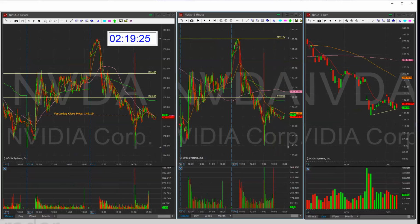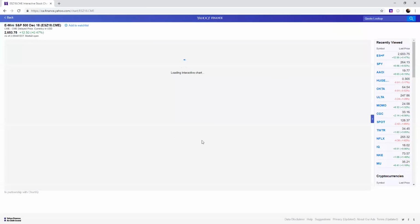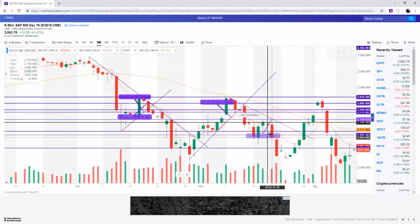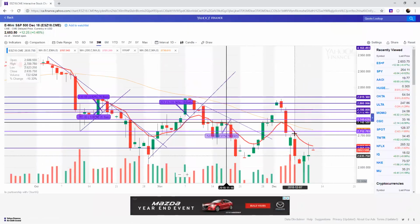Looking at the futures here real quick. Let me see here before I go, because it is 2 a.m. So futures, the market's open in 2 hours. Futures is gapping up. All right. So we're going to be coming into this 9 EMA and test it. The futures has been respecting this 9 EMA a few days earlier,